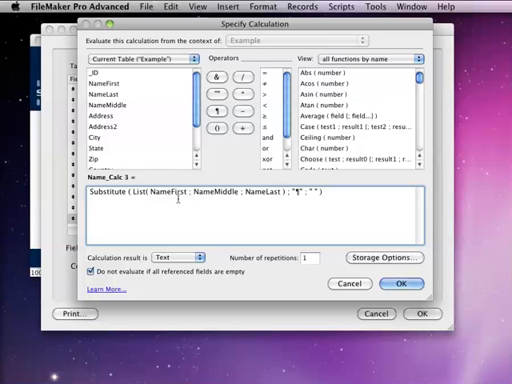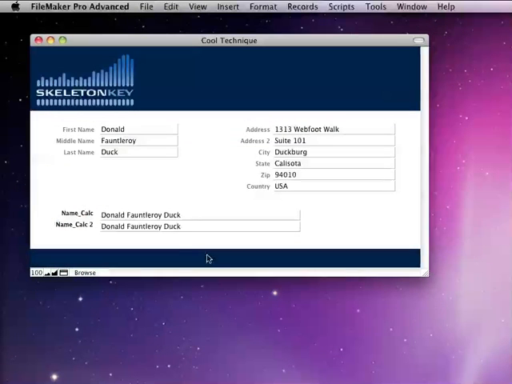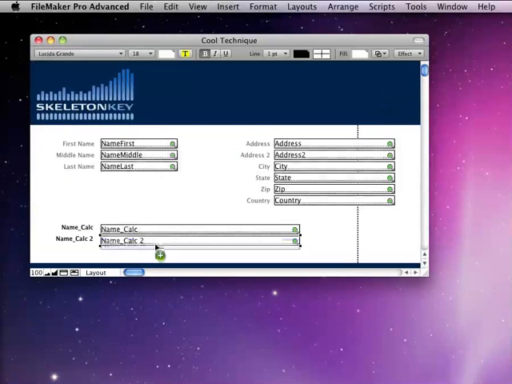What's going on here is that we're using the list function to pull together the values, and list is only going to return the value if in fact there's a value there. If not, it'll skip it altogether. And then we just use a substitute function to take out the carriage returns and replace them with spaces. So let's take a look at what that looks like. If we put that on the screen,